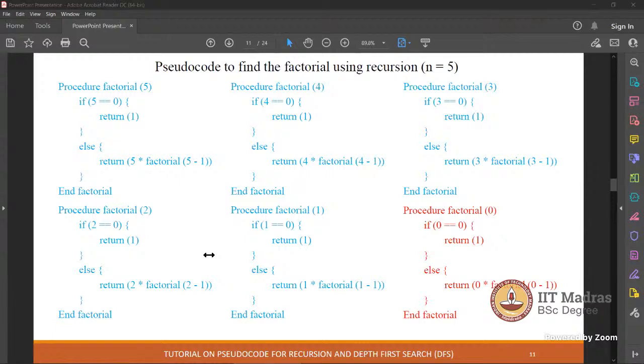Anyone has a doubt related to this particular slide? Please, sir, raise your hand. Go ahead. The previous slide, sir. In this recursive function, in the else part, you have given return 1 into factorial of 0 minus 1. After that, if you have plus 1 or minus 1, in the assignment we had some questions like that. So how will that work?